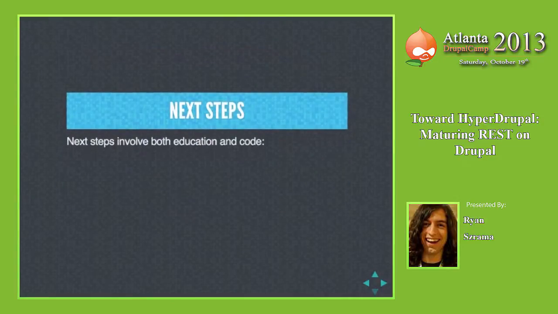All right, so next steps. What needs to happen to keep the REST ball moving forward and see Drupal mature as a REST API server? And I guess what I don't want to communicate is that if you aren't doing the full Hypermedia thing and you aren't a Restafarian, that you're not cool enough yet.